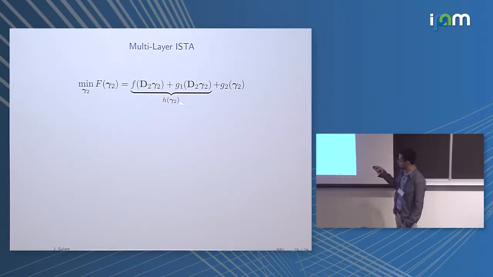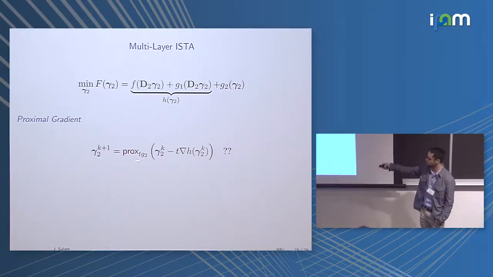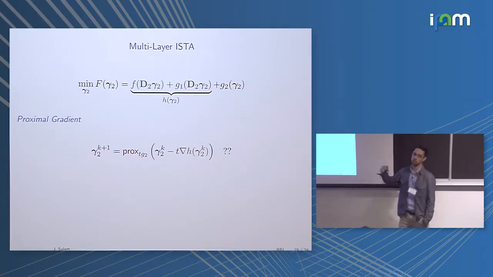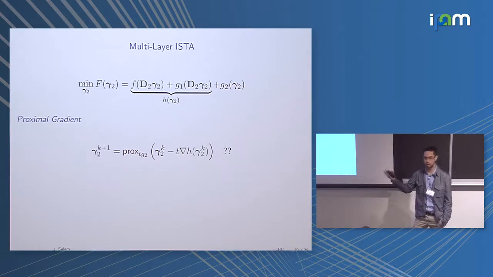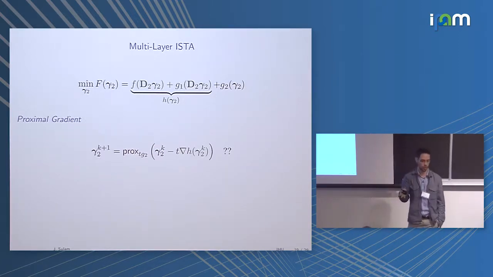Let's look at H as the sum of these two functions. And what we want to do is compute the prox of something over G2, because G2 is an L1, so this is easy. We know how to do it. This is going to end up being a shrinkage. Great. Here, we should have some sort of a gradient step. But then H is non-smooth, so we could not use the gradient. We could use the subdifferential maybe, but that would likely be slow, and we would also have to fiddle with the step size, so we also don't want to do that.